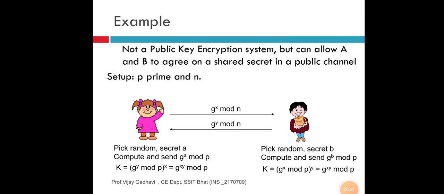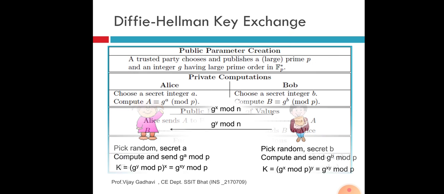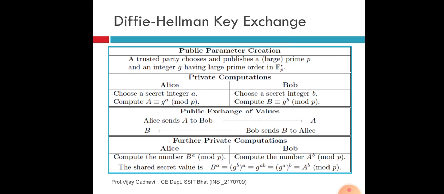Good morning, students. In the last session, we saw examples of how to use RSA in digital signatures. Now we continue with the upcoming outline: Diffie-Hellman Key Exchange, in which we see the parameter creation, where a trusted party chooses and publishes a large prime P and an integer G having a large prime order